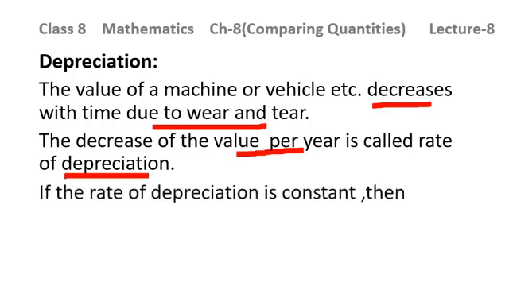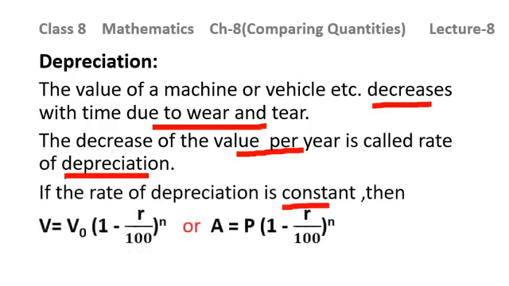If the rate of depreciation is constant, then it will be given by this formula: V is equal to V naught bracket 1 minus R over 100 raised to the power n. Here we have taken this negative sign because we are talking about the depreciation, that is the decrease in the value of a particular machine or a vehicle after so many years. If you are trying to sell that particular machine or vehicle, obviously you will get a lesser amount as compared to the amount you paid while purchasing that. So here we are talking about the depreciation, so the minus sign will be there in the